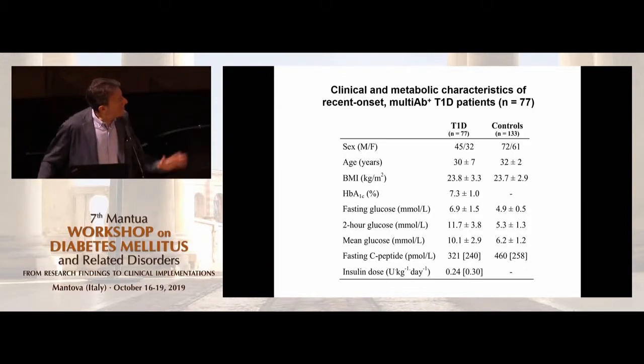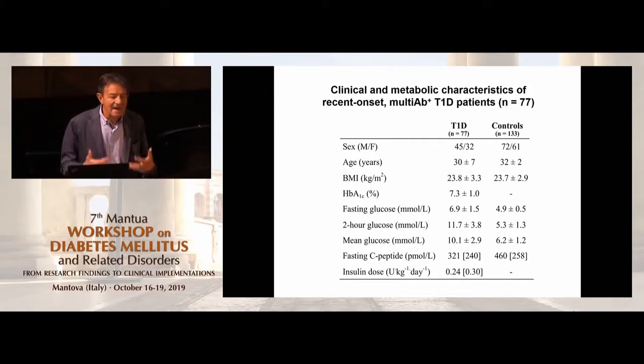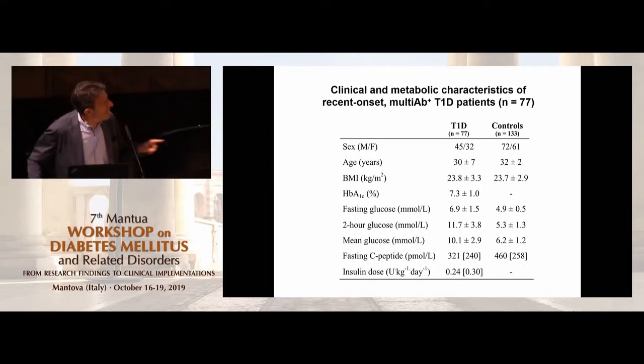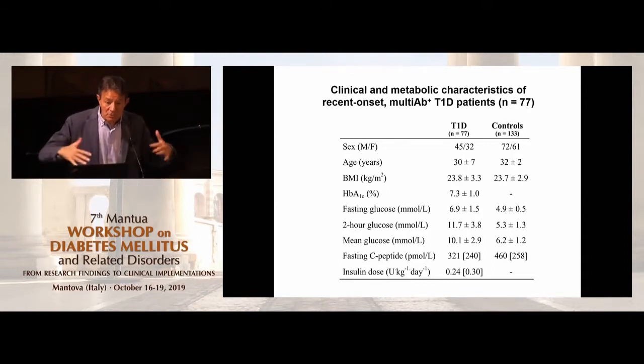And the good thing about this was that each of these subjects received a mixed meal test. And on the test, the C-peptide was measured. And using glucose and C-peptide, we could reconstruct insulin secretion rates and calculate how much insulin these two groups were putting out. Mind you, the fasting C-peptide averages, actually, that's the mean, 0.3 nanomolar, which is the threshold that's clinically used to say there is no residual insulin release, and this person is indeed bona fide a type 1 diabetic. There is a spread.